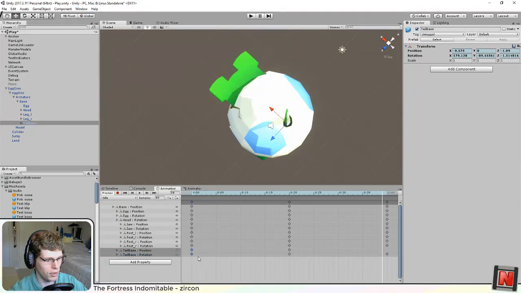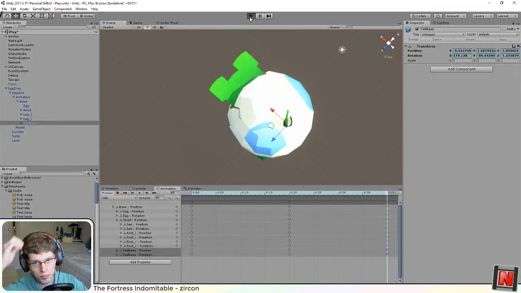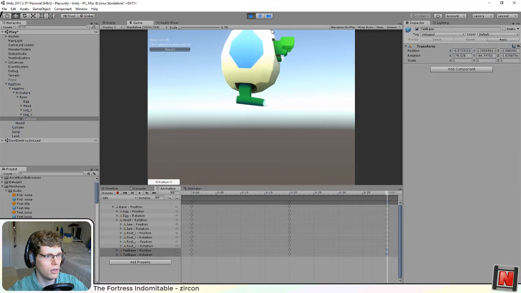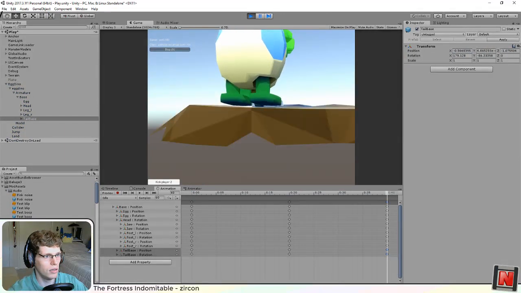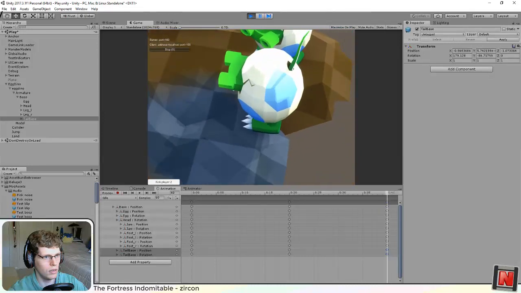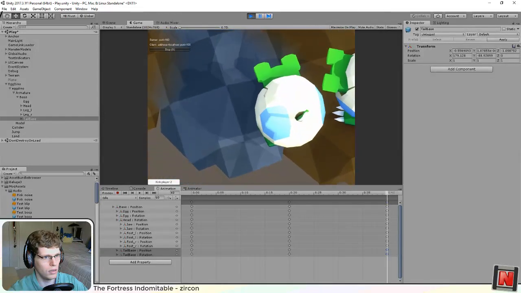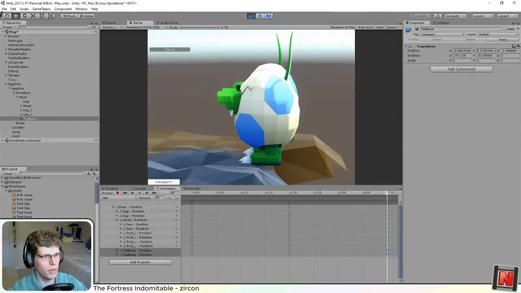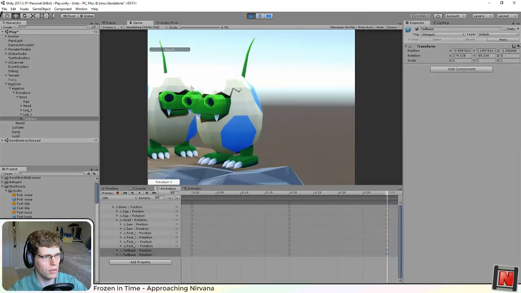I need to copy and paste the position and rotation to there. That should do the trick. That does look better, but